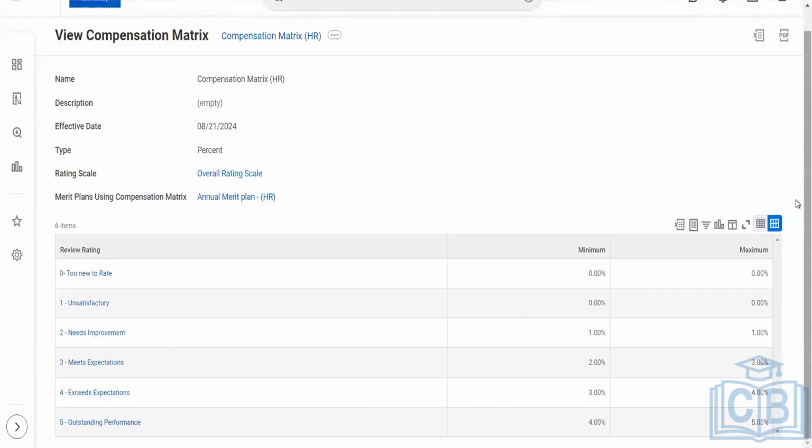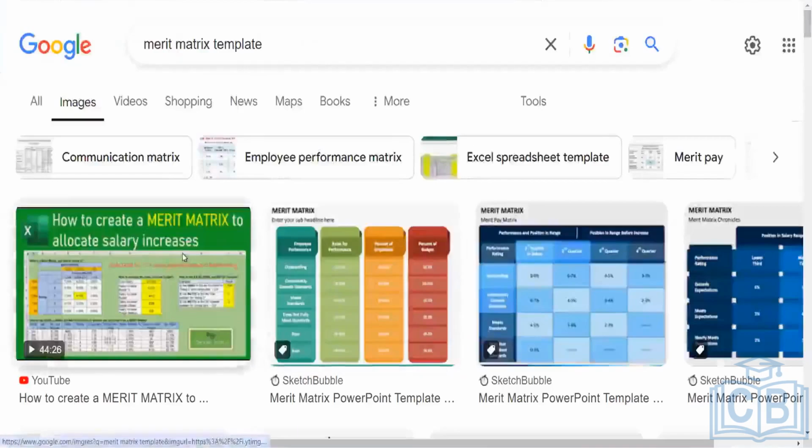What is SuccessFactors? The merit matrix template that you were saying was being done automatically. For example, you have something called a performance matrix, right? Where you put the rating scales. And I will say this is the overall company's target achievement, like 21%, and this is the overall budget. We have, say, each of the departments or the business units, and we say they have this much as a budget.